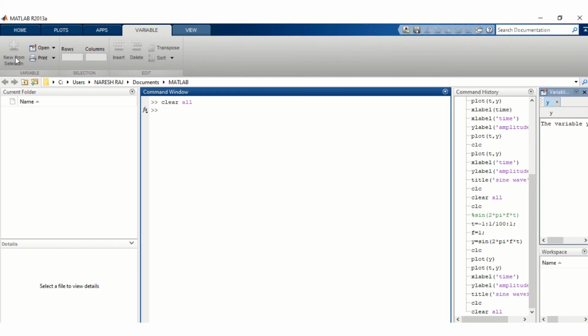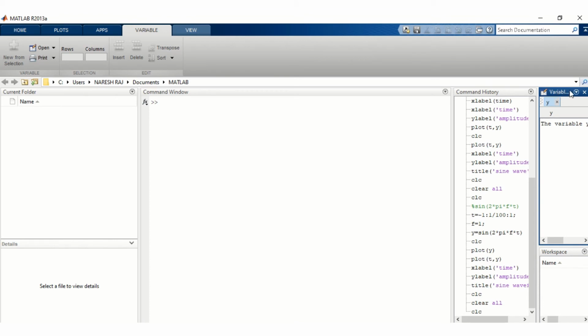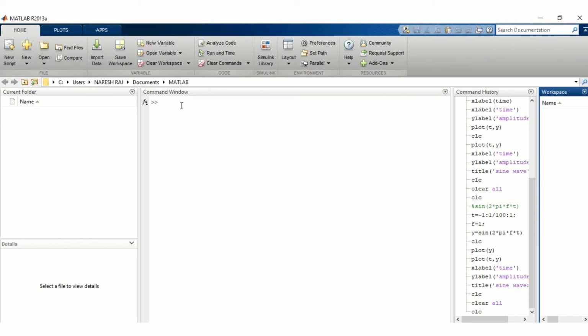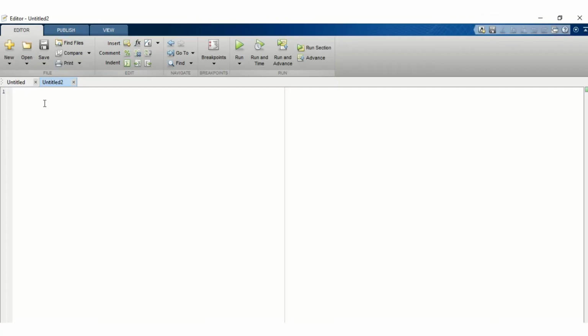Now we will click on the new script, and a new script file will open, and then we will type the code here.